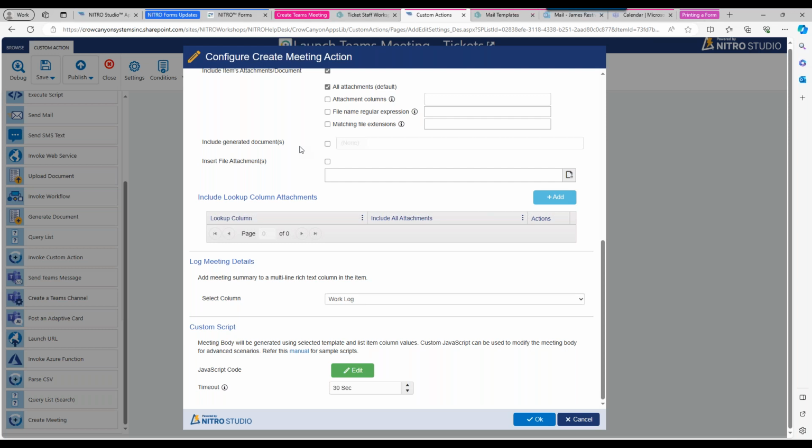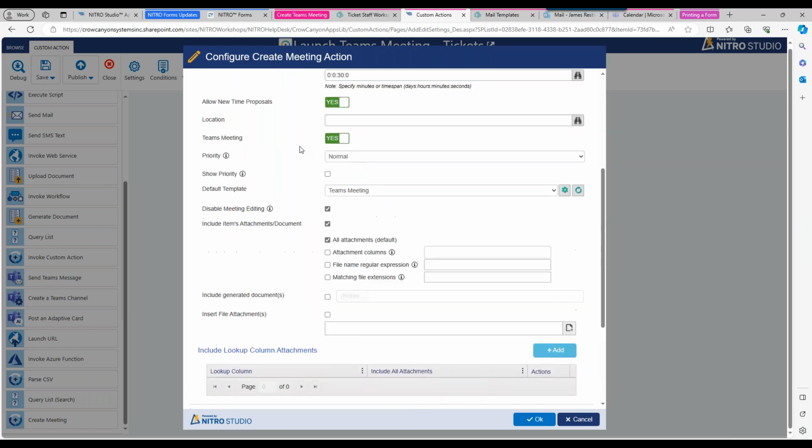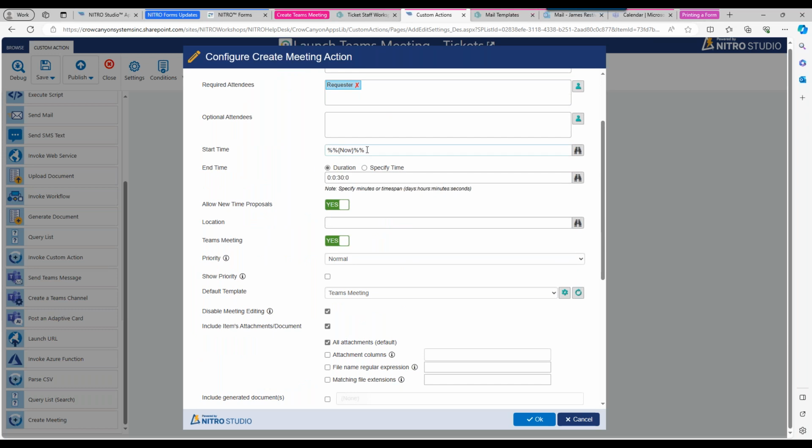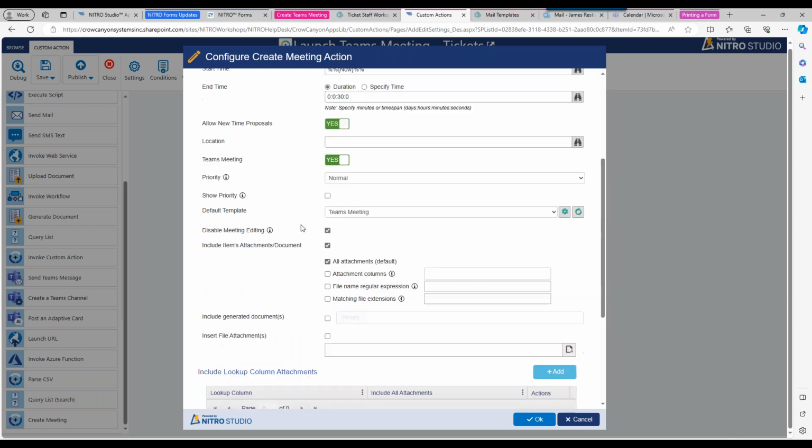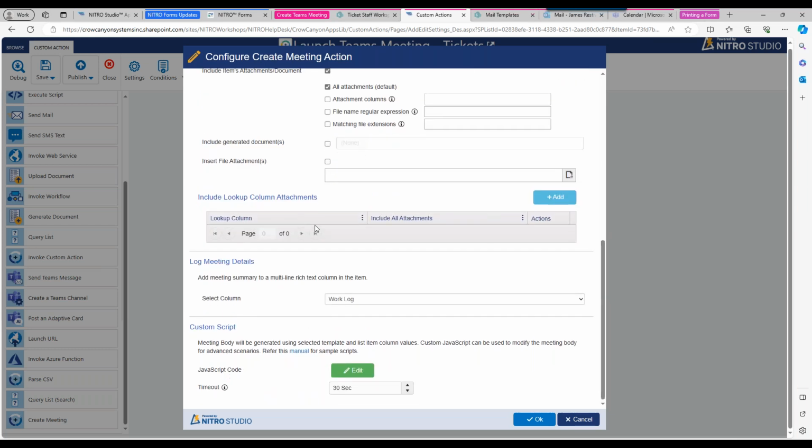So this could be a scenario where you want to start a project, but you need to have a kickoff call, and maybe you have a kickoff document that you want to generate, which has some basic details about the project. And then you always want to, whenever you kick it off, maybe you always have it a week from now, right? From the week from whenever you click the button. So that could be another use case. So like you want to create a project and a kickoff call, you could do that through this function as an option. Within the item, whatever item you're choosing to kick this off from, you could also put details